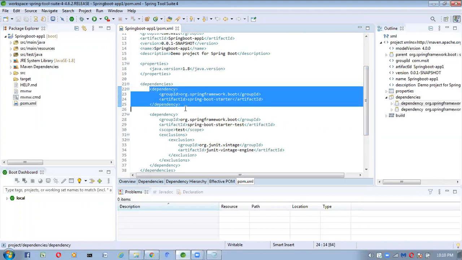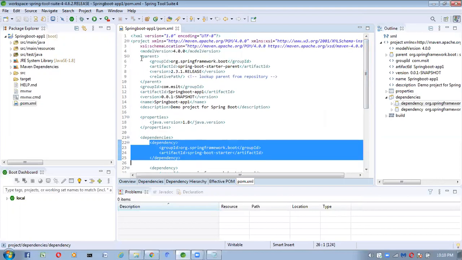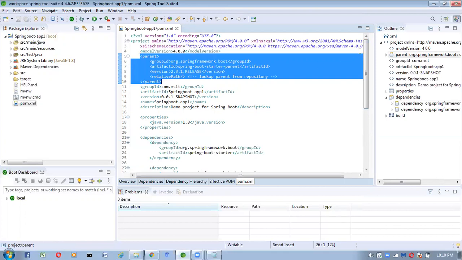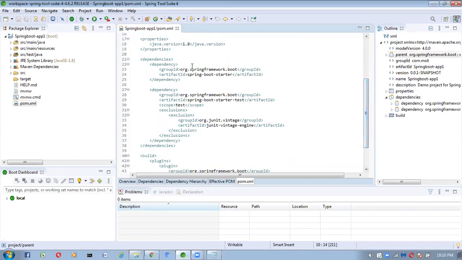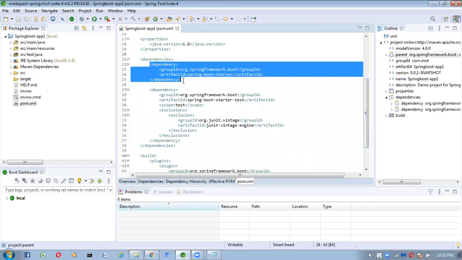These are the child dependencies. Inside dependencies we have other dependencies which are the child dependencies. Here Spring Boot follows parent and child association.